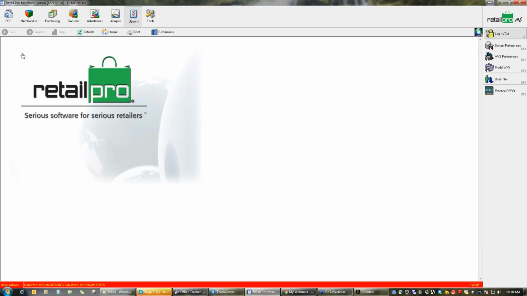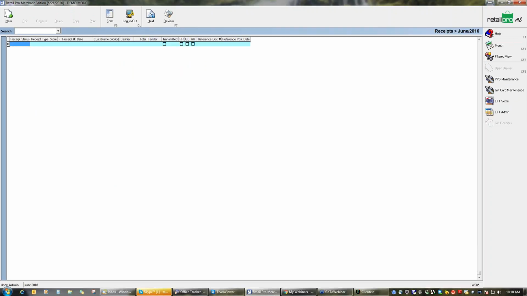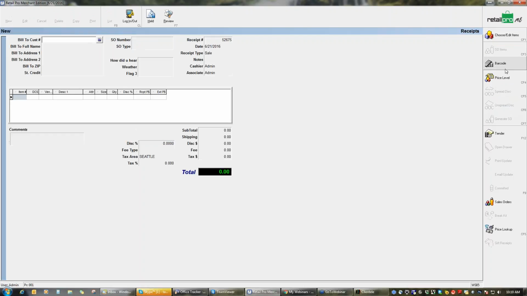Okay, once I have the scanner hooked up, then I go into POS and receipts and I do a test download. So I scan the items a few times and I scan a few items in there, and then I do go through the download process. So if you do not have a barcode button over here,